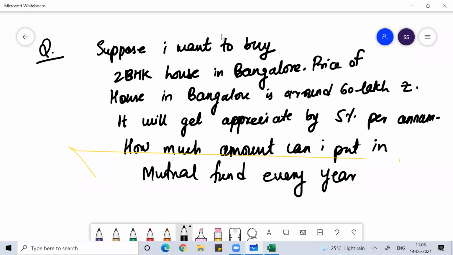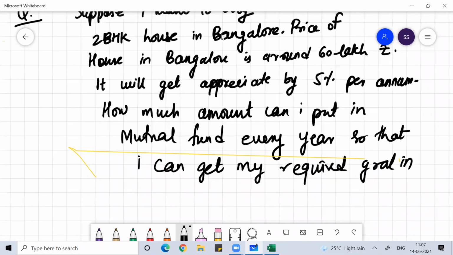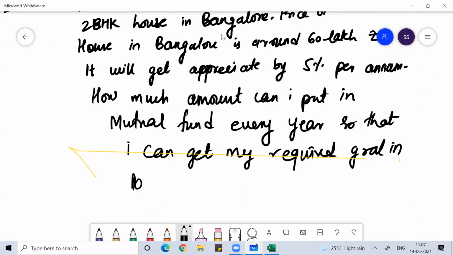How much can I put in mutual fund every year so that I can get my required goal in 10 years? Per month would be better, but for you people, I'll do per year, because you will feel it is a little more complicated.